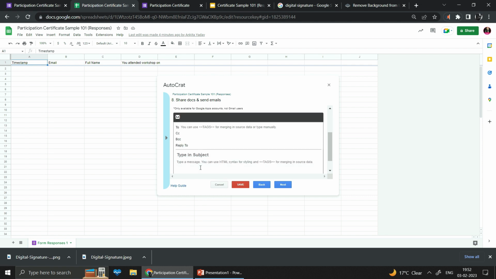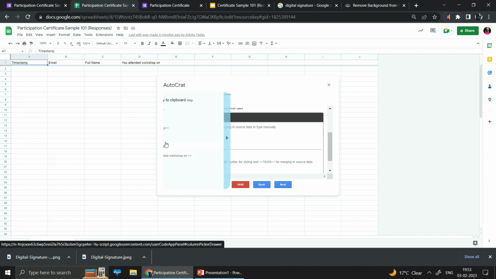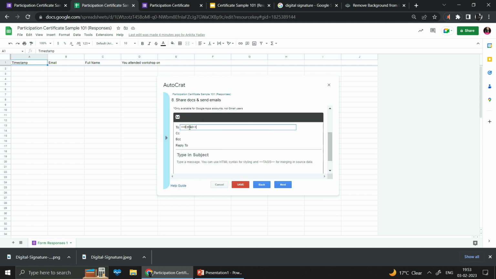Now here is the main part. To whom do you want to send the mail or share the certificate with? The email of that person. Now again select it, Control V,